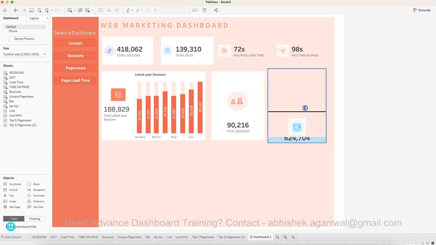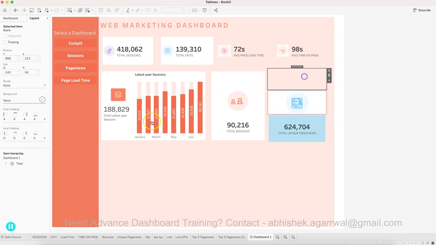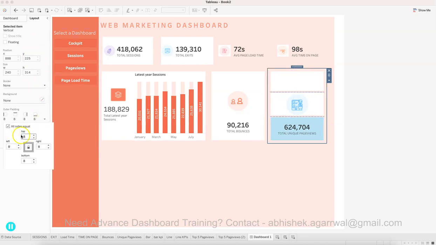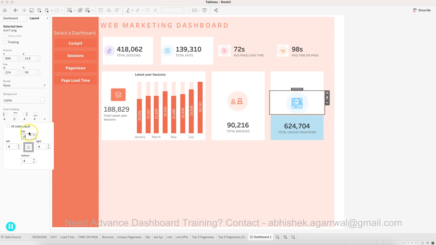All right, let's just bring this up till here maybe, and maybe here, right? Okay, so this one, let's make the layout white. This one, let's make the layout white, and then for this one, we will first of all double click and make sure that it is all 8. All right, and then for this one, we will uncheck this, bottom 0. For this one, top and bottom both 0